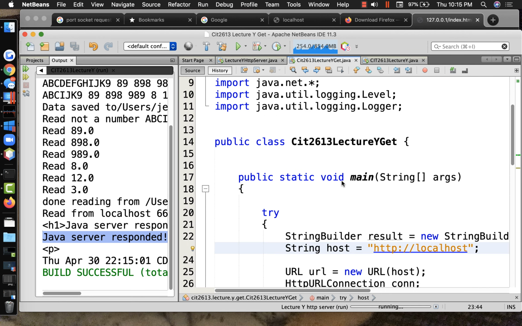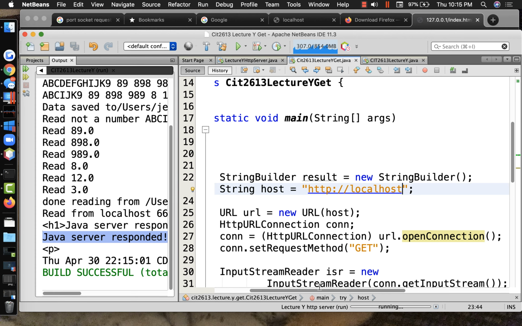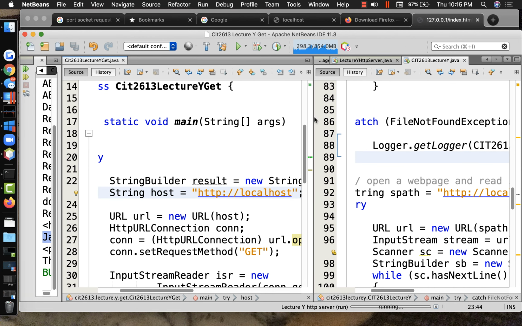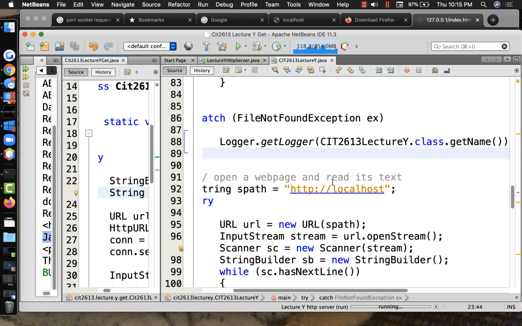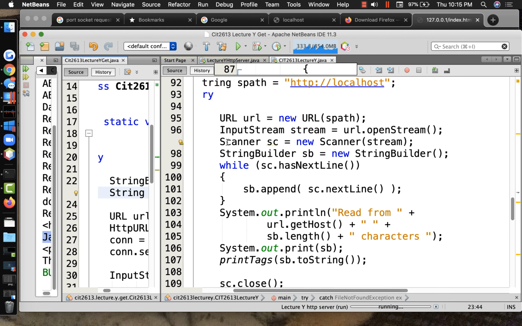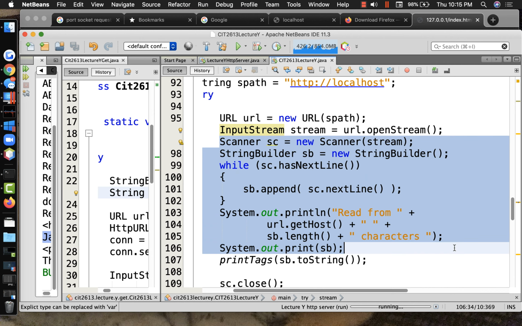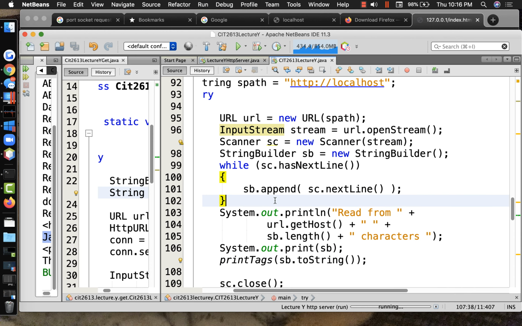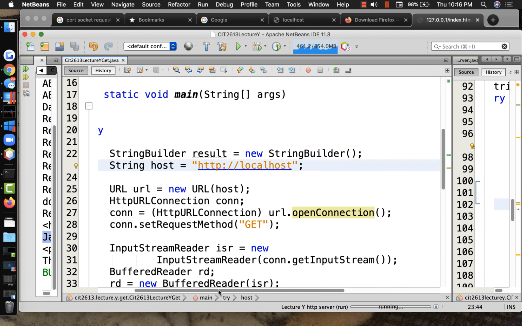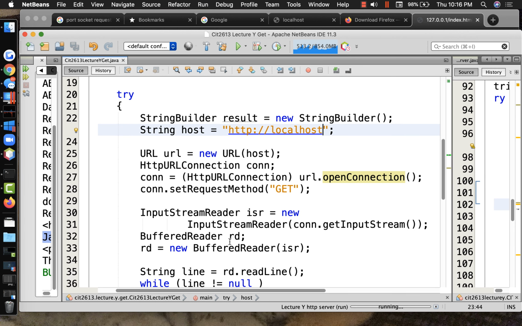Here was the code that we did tonight, trying to get it to work. Not the way we did it on Tuesday. On Tuesday we used a scanner. We opened the URL as a stream, and then we used the scanner to read from the stream, and it was really just a few lines of code in order to do that. We have more print messages and debug messages than anything else. The version we did tonight, and this is what took a long time to type, and I don't really see any reason to do that again because you could look at it if you care,